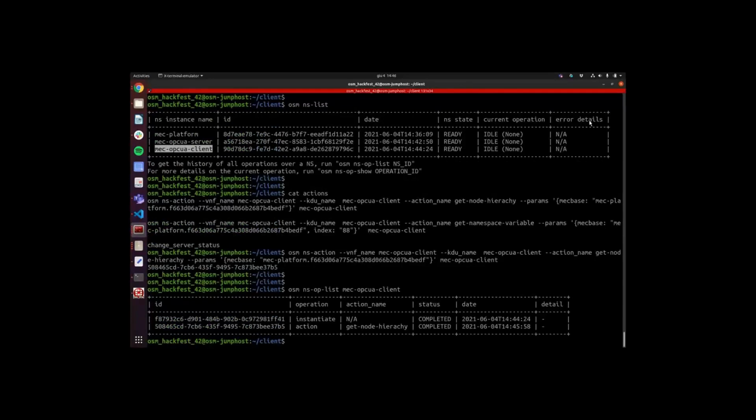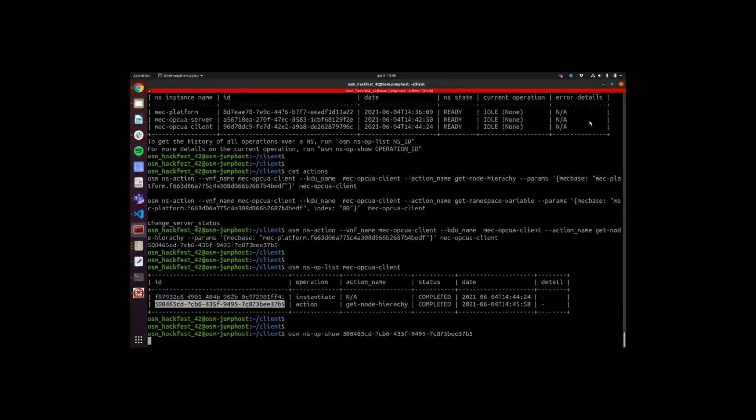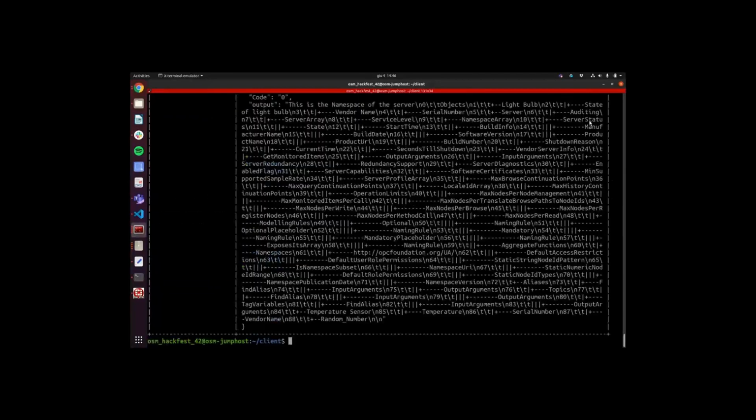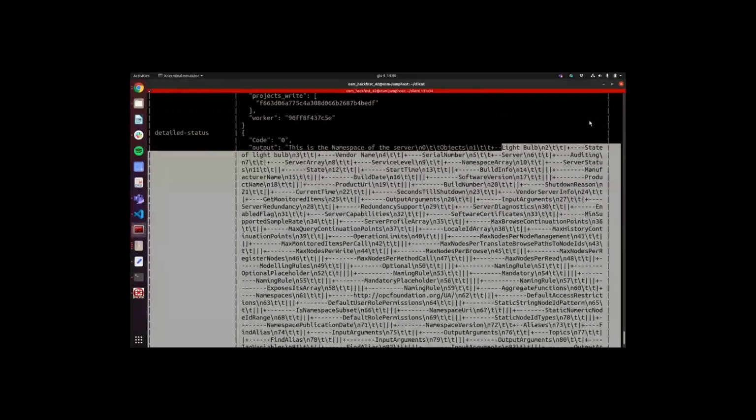Now we see if it is completed. Yes, it is completed. Now we can show what is the result of this action. Sorry, it is not a very good output, but this is the entire namespace that is present inside